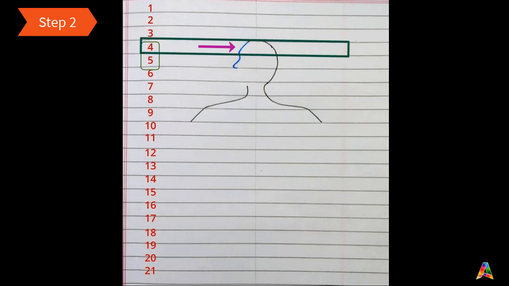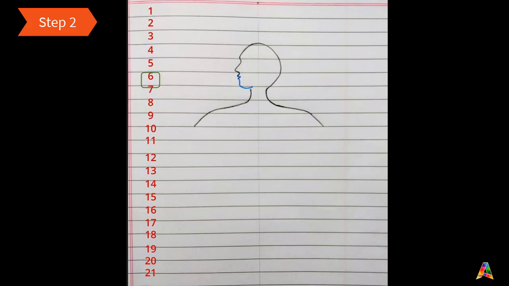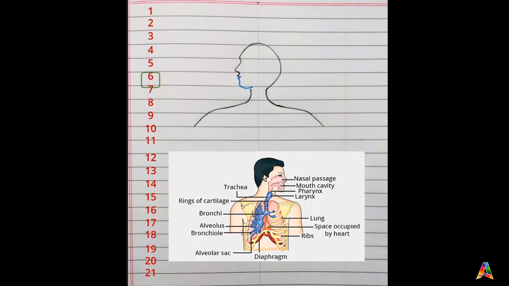Forehead region should occupy row 4. Moving downwards and extending the same line, let us draw a small dent for eye region and use the rest of the row for the nose. In row 6, let us extend the nose region to form the outline of the upper lip, lower lip and chin region. That's it. And we have the basic outline of the human upper body ready. We can use these same measurements and the outline for drawing the diagram of the upper respiratory system too.